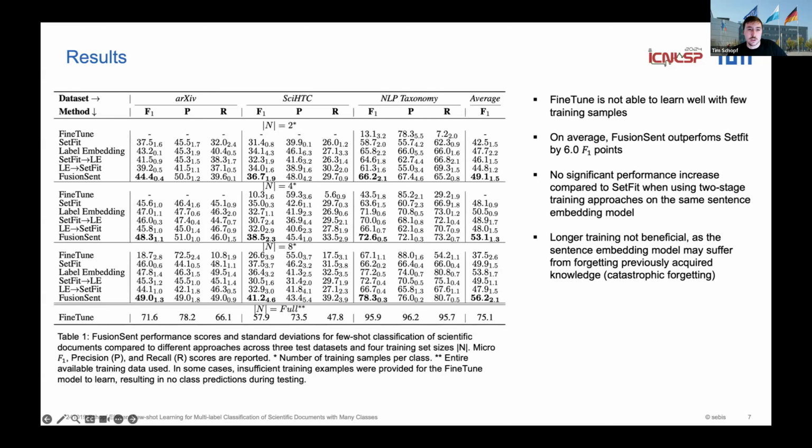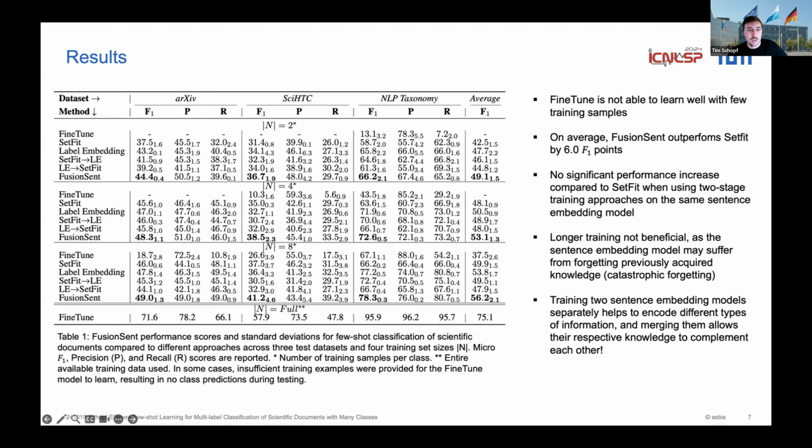So we conclude that longer training on one model is not necessarily beneficial because one sentence embedding model tends to forget the previously learned things. However, training two separate sentence embedding models with different approaches and then merging their parameters allows them to retain their respective knowledge and complement each other and yield better downstream performance.